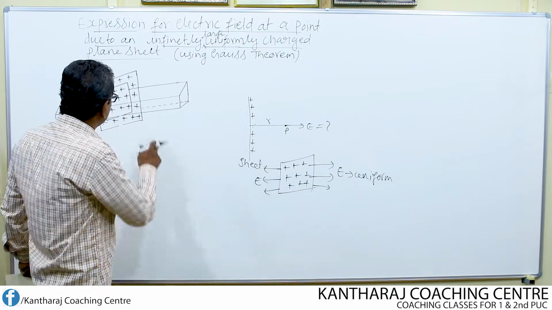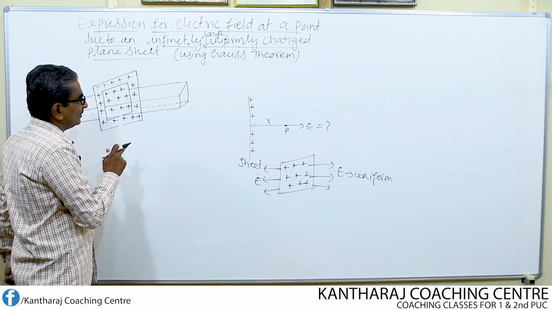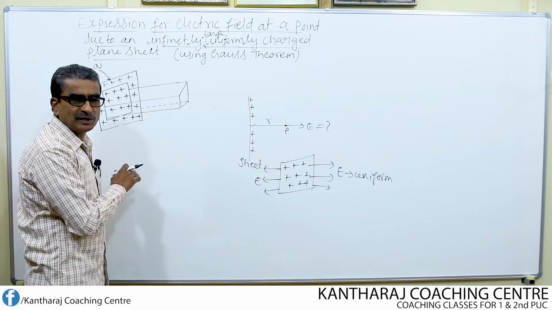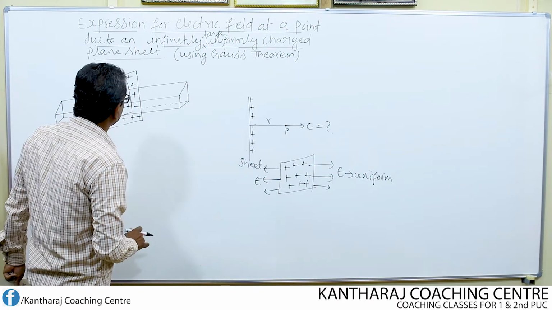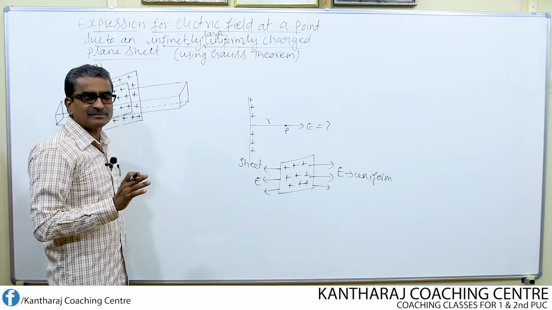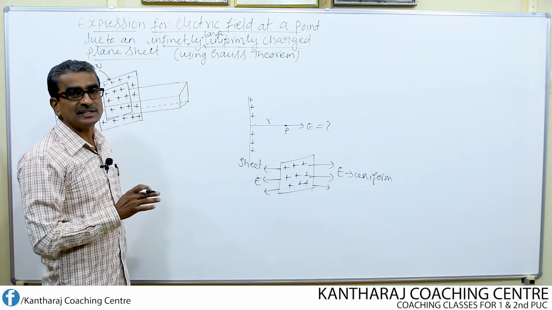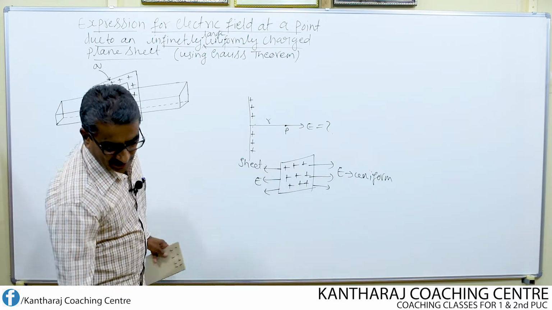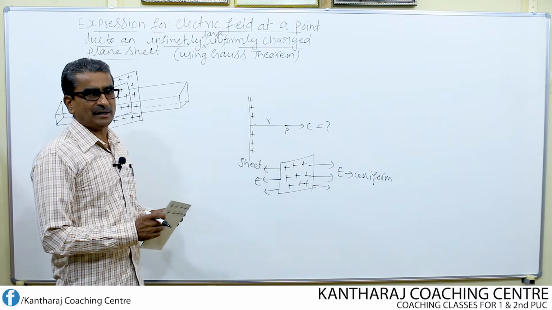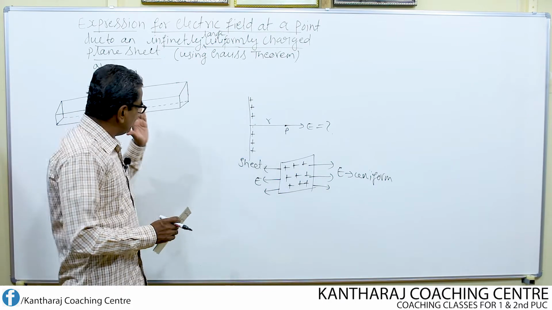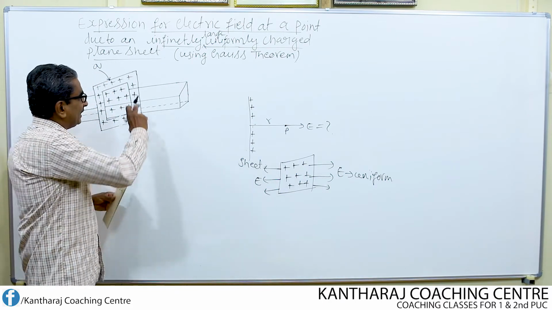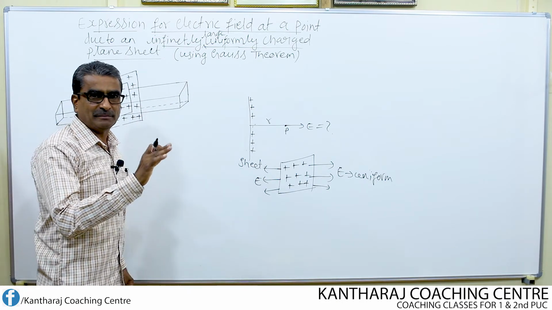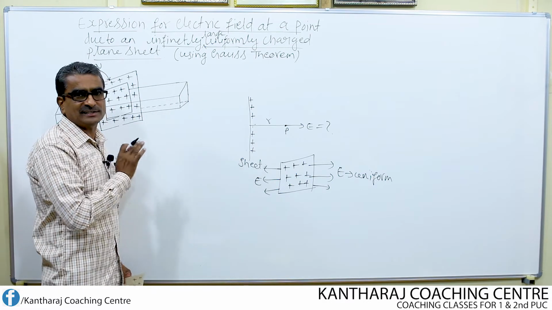One such charged sheet is kept here. Let Q be the charge given to the sheet, which got distributed on its either side uniformly. In order to apply the Gauss theorem, we need to have one Gaussian surface. Here I have chosen one Gaussian surface in such a way that the Gaussian surface may be of any shape. But in this case, I have chosen one rectangular parallel piped shaped structure as the Gaussian surface.